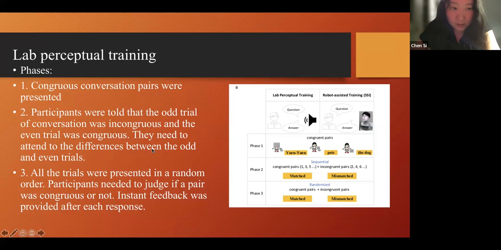So they need to attend to the differences between the odd and even trials. And in the third phase, all the trials were presented in a random order. After the first 2 phases, we expect them to be able to start judging whether a pair is congruent or not. And we will also provide feedback.